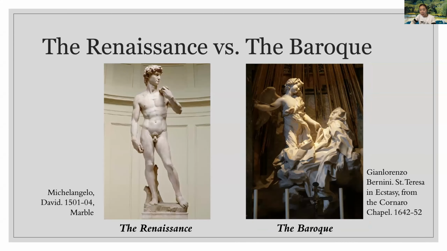Now let's look at these two sculptures. The left one is Michelangelo's David statue in the Renaissance era. And the right one is Gian Lorenzo Bernini's Saint Teresa in the Baroque era. Of course, these two sculptures are amazingly beautiful and reach the highest technique in fine art. But the first feeling for these two sculptures is totally different. Can you find the difference between these two styles of sculpture?